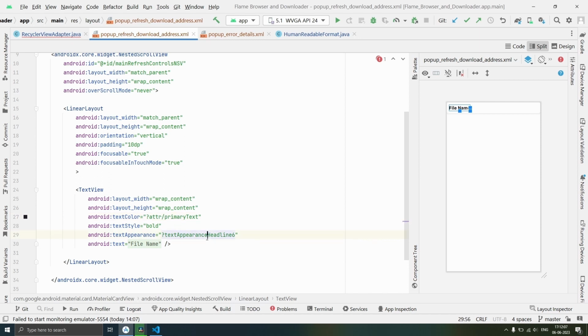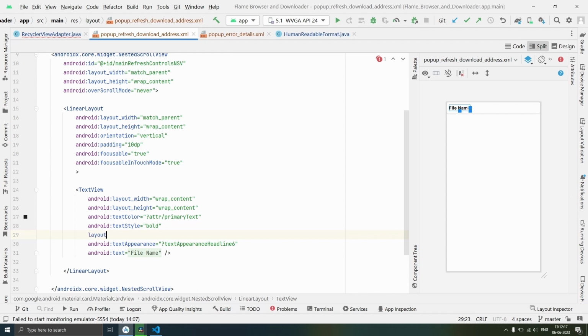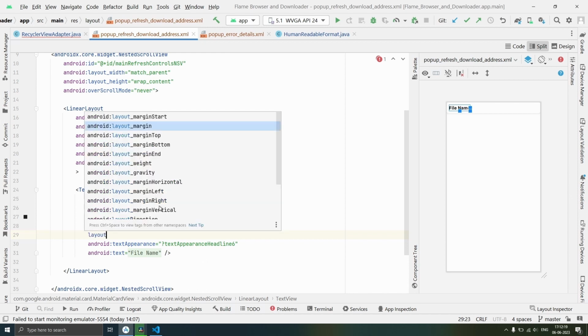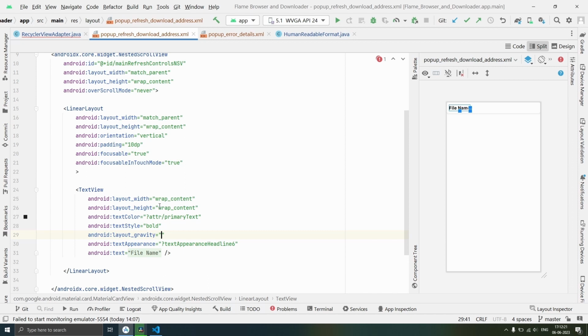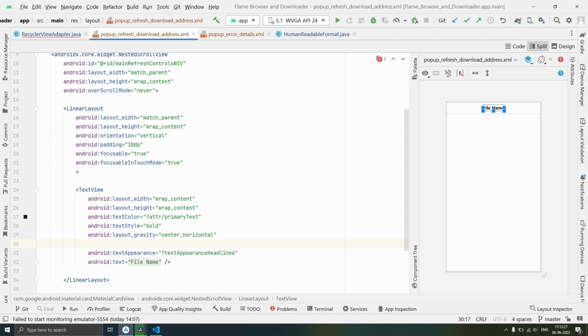We will keep text appearance headline 6 and primary text and text style bold, and we will add a new property layout gravity center horizontal, and we will add padding from 4 sides of 8 dp,